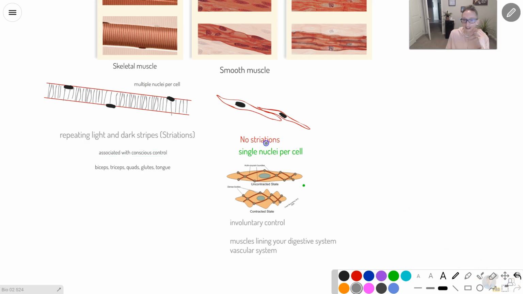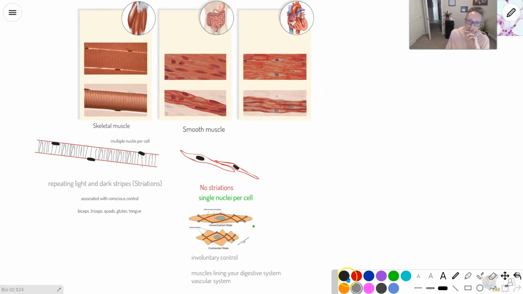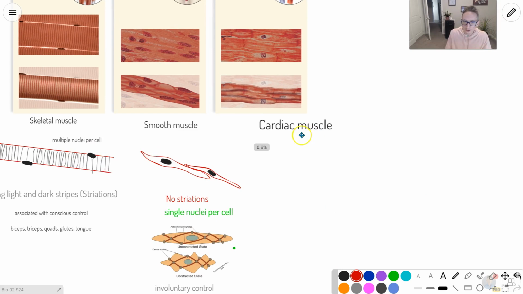This is also what dilates your capillaries or your arteries in your veins, makes them bigger or smaller. It's the relaxation or contraction of smooth muscle. And then last but not least, we got our cardiac muscle. All right, and this is pretty cool. It's kind of a mixture of these two. So these make up the heart,